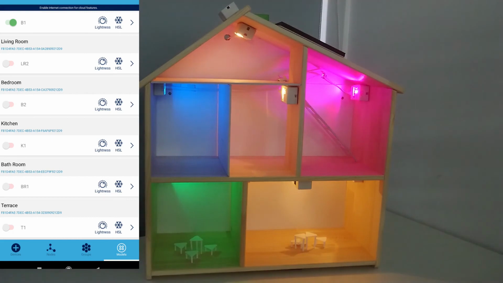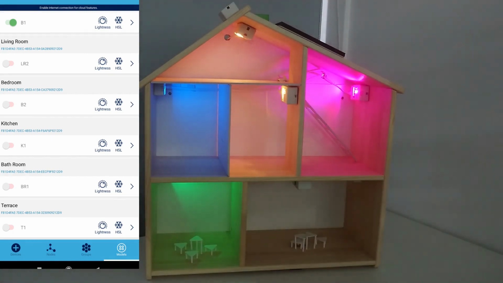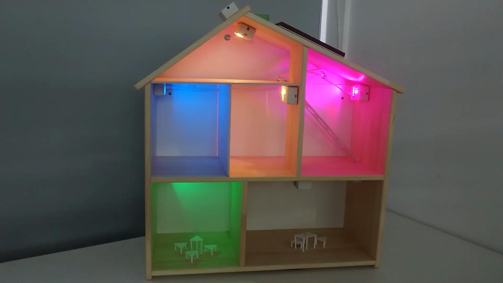You can change the configuration. You can also change the group, which light belongs to which group. And not only these two sensors which we have interfaced, you can also interface many other sensors like carbon dioxide sensor, which will detect the carbon dioxide level in a room and change the ventilation. And also you can have flame sensor. If it detects any fire from a distance or from near, some of the lights should go red. So that kind of configuration also you can make.